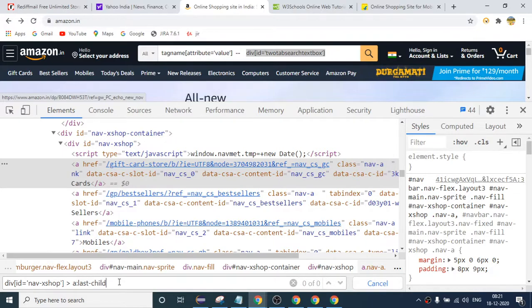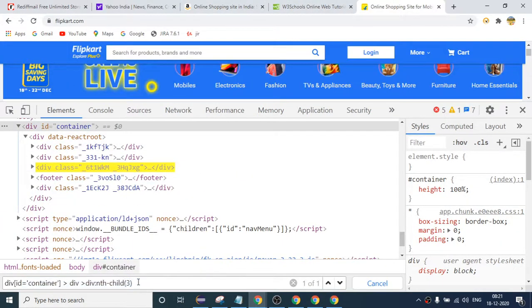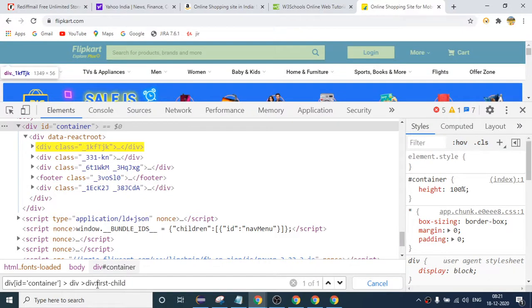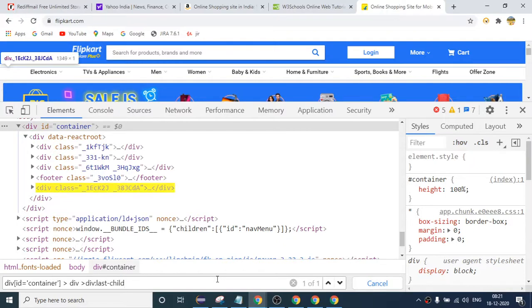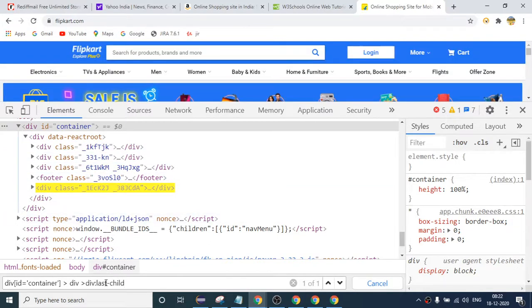So here these will not work, but here you can easily use first child, and last child will also work. But if you move to the third child, you cannot say third child.